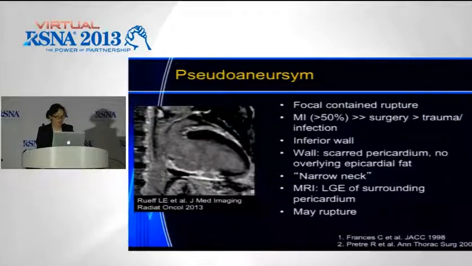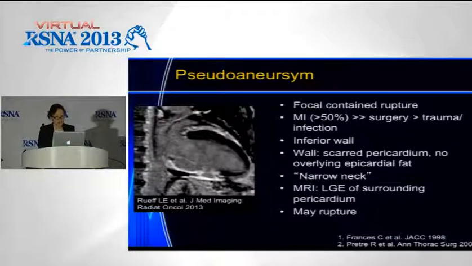And at MR, this is the appearance. So what this represents is focal contained rupture of the myocardium. It's most commonly due to myocardial infarction. It's most commonly found along the inferior wall as opposed to the apex, which is what we see with true myocardial aneurysms. And the wall of a pseudoaneurysm actually represents scarred pericardium, so we would expect to see no overlying